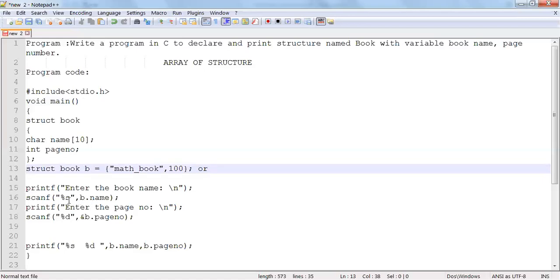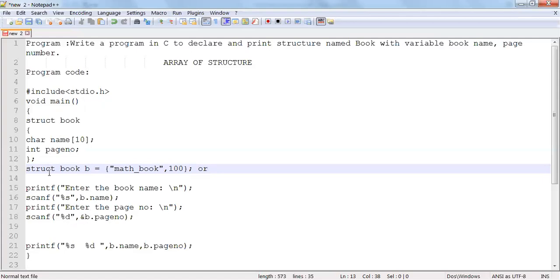So percentage s to take the first name, b dot name. Enter the page number, percentage d, because that is an integer, ampersand of b dot page number. Please note that in the case of percentage s, no ampersand sign is used, so we directly write b dot name. And in the case of integer, percentage d with ampersand of b dot page number.